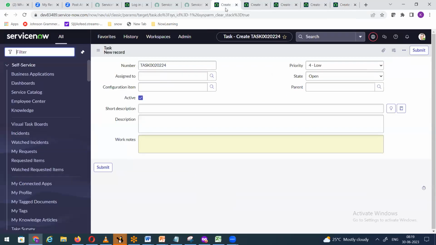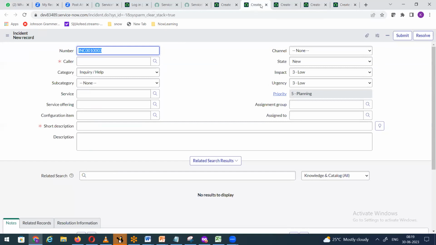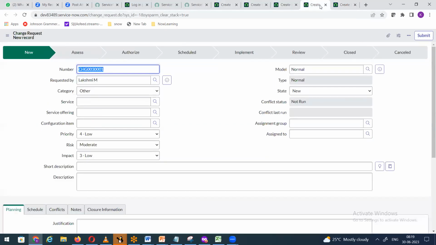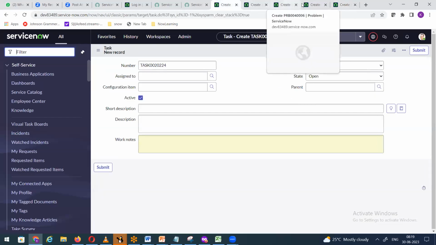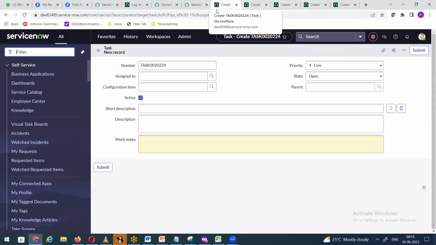So yes, task form, incident form, problem form, change form, and home loan. Now you tell me, for all these four tables, task is the parent table, correct? Yes. If now my requirement is on the task form, where is my